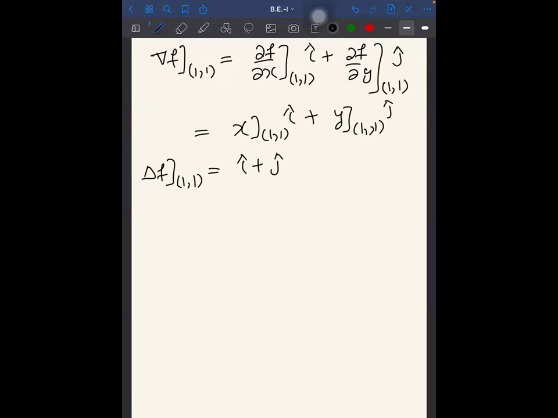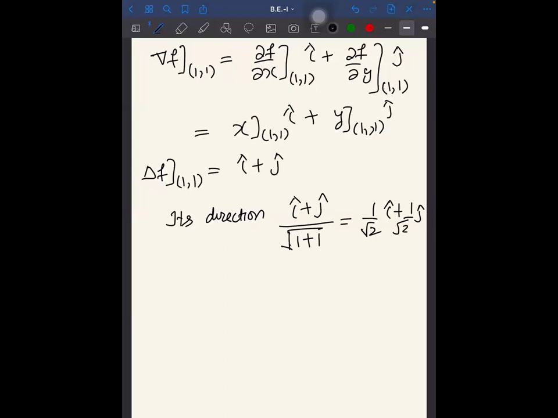And what is the direction of the unit vector? Its direction is i plus j, I mean the unit vector, we need to calculate, 1 plus 1. So that becomes 1 by root 2 i plus 1 by root 2 j. True? So this is the direction of the most rapid increase, because the direction of the gradient is the most rapid direction.